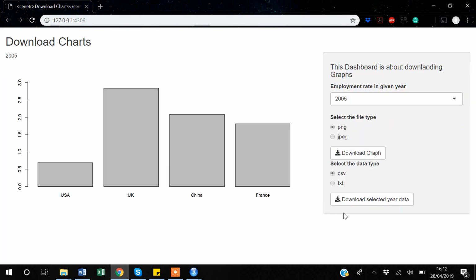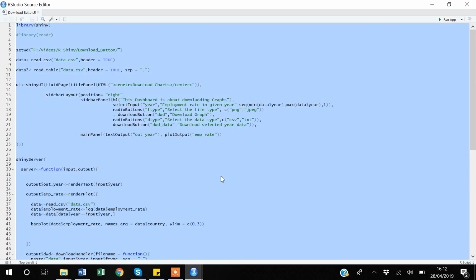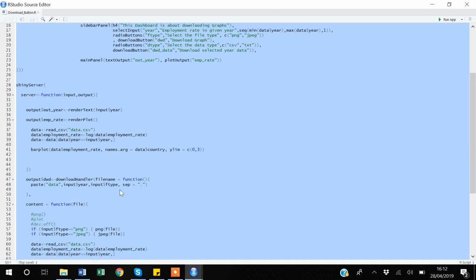Now you can see that we have this download button, but this download button will not do anything because I haven't created the output ID in my server function. So the next thing is that I will go back to my code and I will create